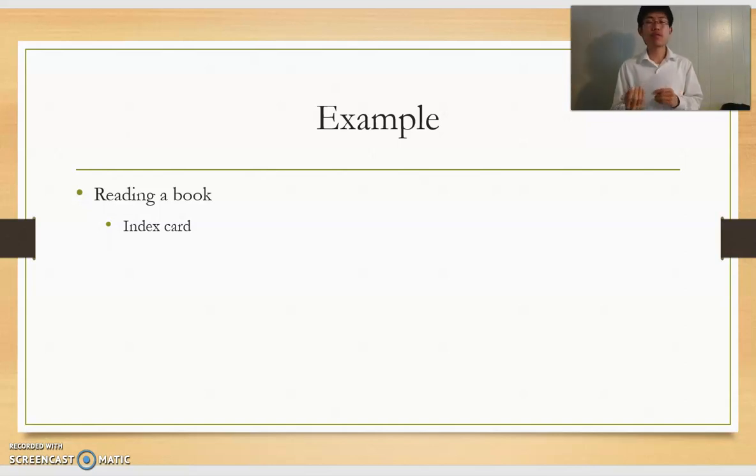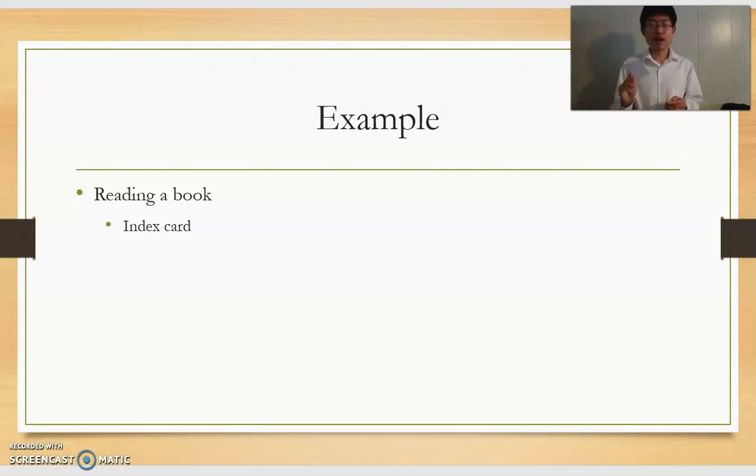For example, if I'm about to read a book about how to focus or how to increase your focus level, I jot down what I know about how to focus. So, for example, I know that to focus, my environment needs to be quiet. But I can have those natural sounds like wind, water, birds, things like that. It's better to stand up because I don't want to fall asleep, things like that.